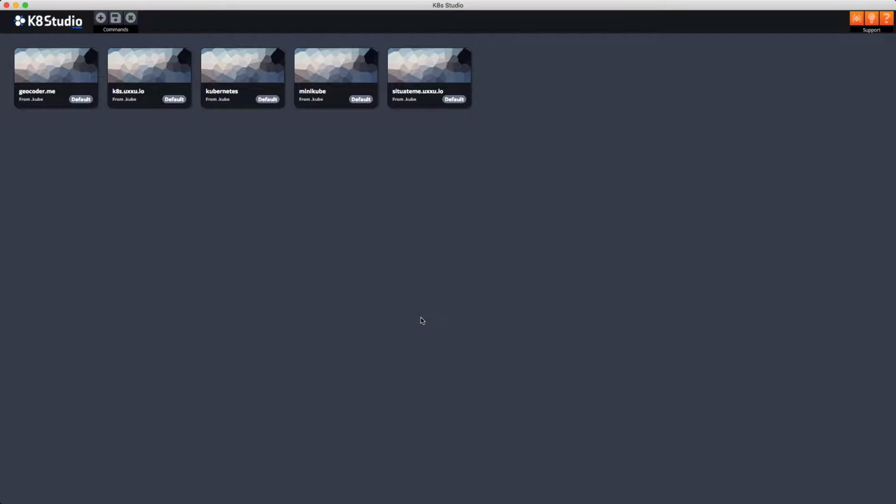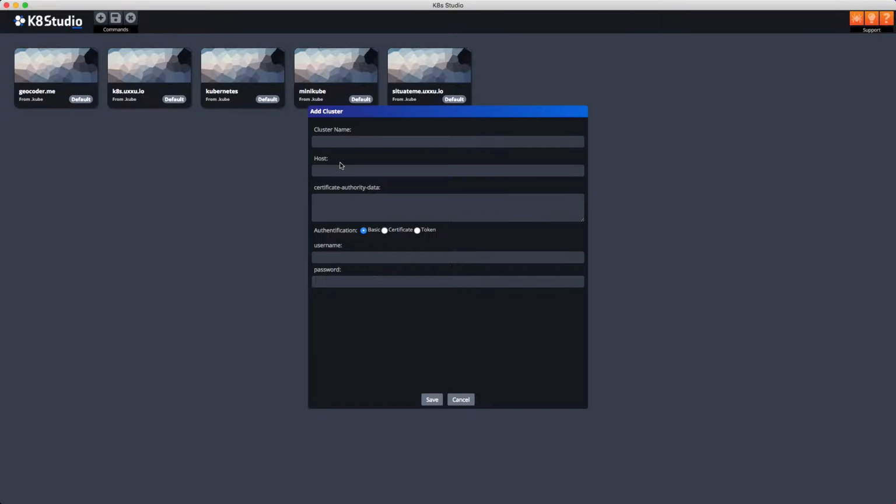But if you want to create a new cluster because you don't have your desktop config or your configuration file somewhere else, you can always add a new cluster by clicking on the add button. There are three types of clusters that you can create, based on the different types of authentication. So you have basic, certificate, and token. If I use a basic